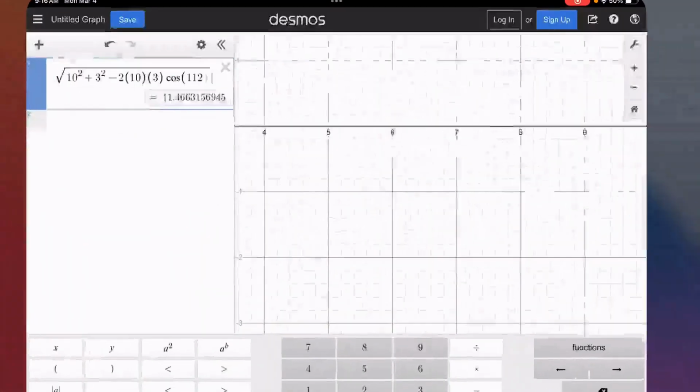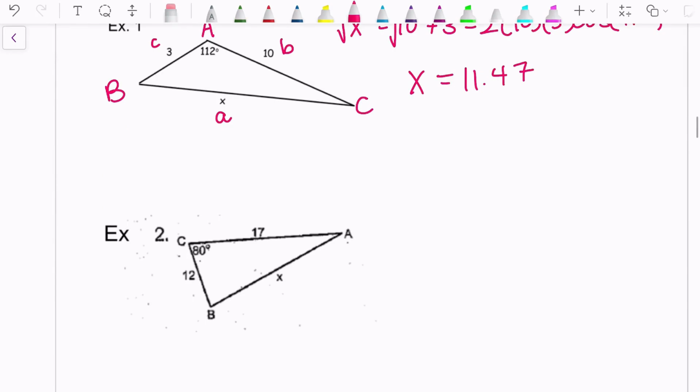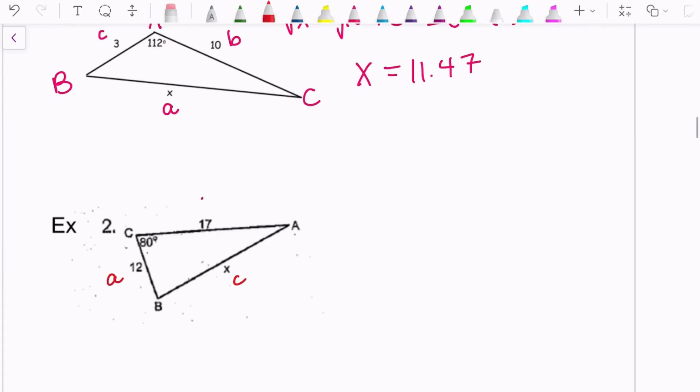All right, let's do another example. So in my next example, I'm going to have something similar here. They've already labeled the angles ABC for me, so I'm going to label the sides. That would be side C, this would be side A, this would be side B, because you always go across